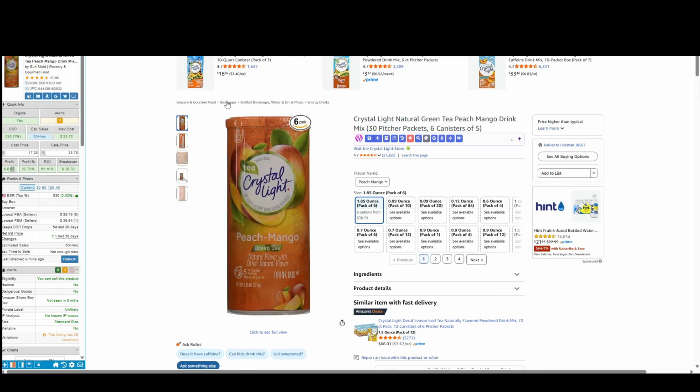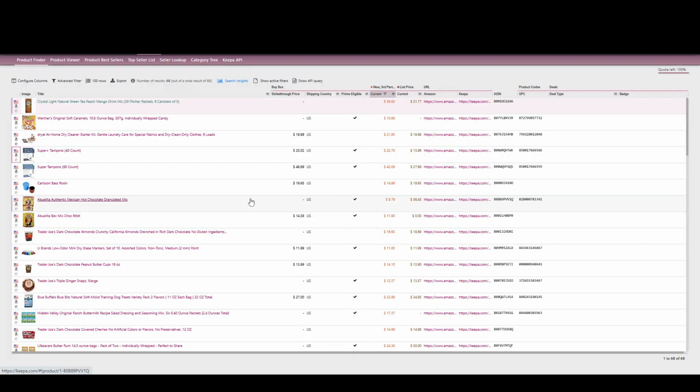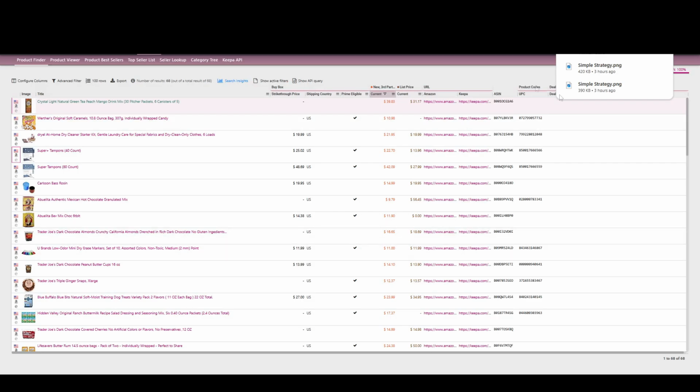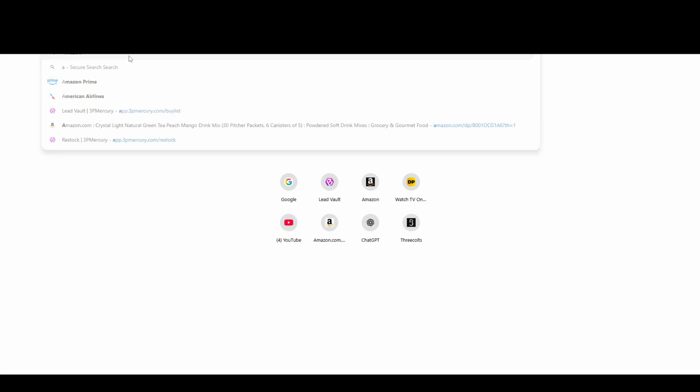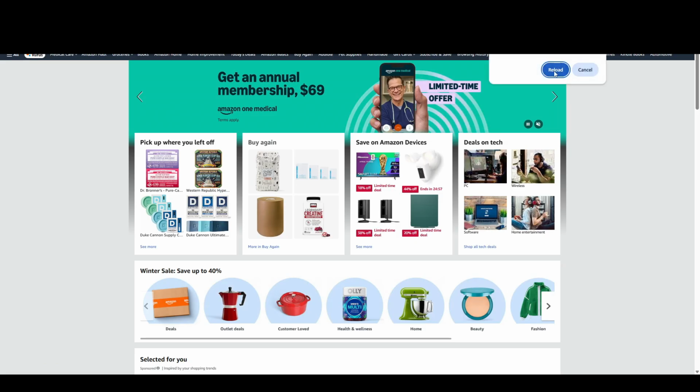So I'm going to go ahead and set up everything on how I actually do my product research. So if you were to manually do everything and you don't have the software, that's how you would do it. All right, so here's how I actually do my workflow. So I'm going to export this into an XLSX file. I am going to head to Amazon, open up Profit Seeker Pro,